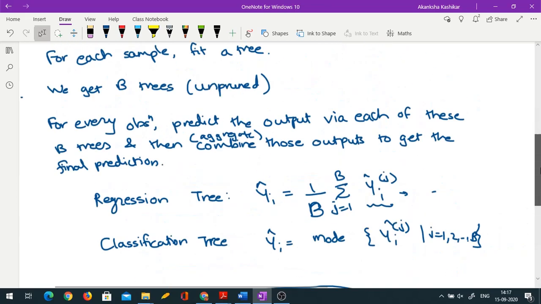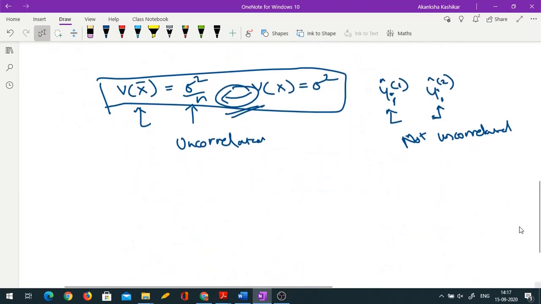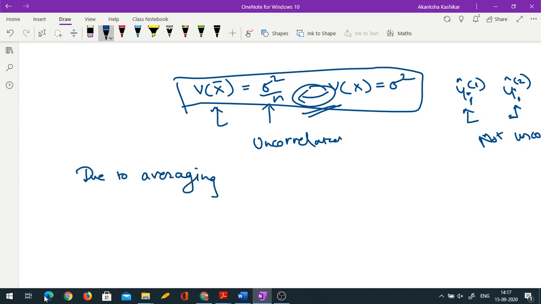What I do is, every time I draw a sample of size n, it's a bootstrap sample, so it is sampling with replacement. You draw B such samples, for each sample fit a tree and get the final combined prediction. This is the concept of bagging. As I said, one of the advantages is it reduces the instability of trees, and reduces the error due to averaging. Even if you take the mode, it's like averaging in categorical data. Because you are relying on the opinion of multiple trees instead of one tree, error is reduced.